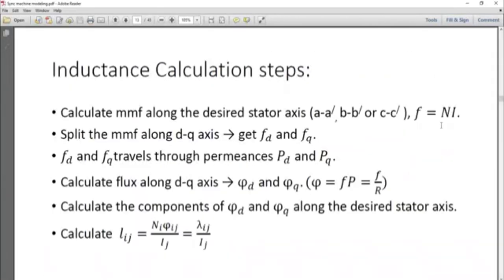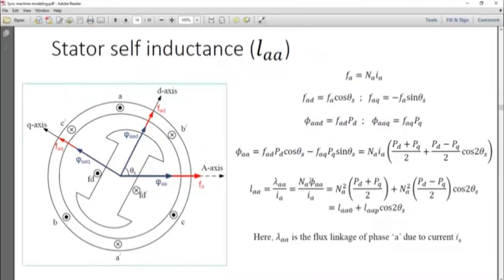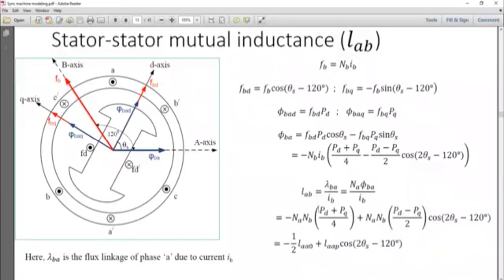I have a question. Yeah, sir. Which part? Which slide? The LAB. Sir, for FBQ, here we use an angle 120 minus theta s. Okay, I'm explaining again. This is the phasor FB. You are looking for 2 components. First component is this, right? FBD. Any confusion here?